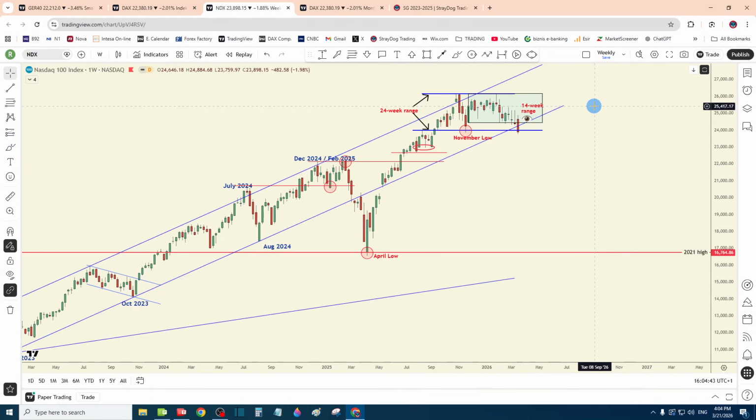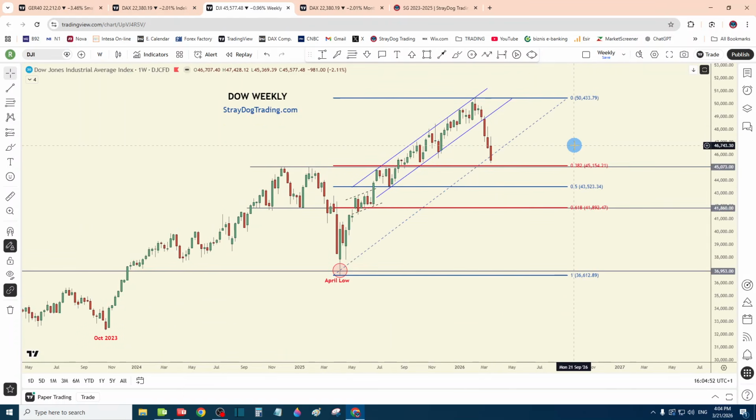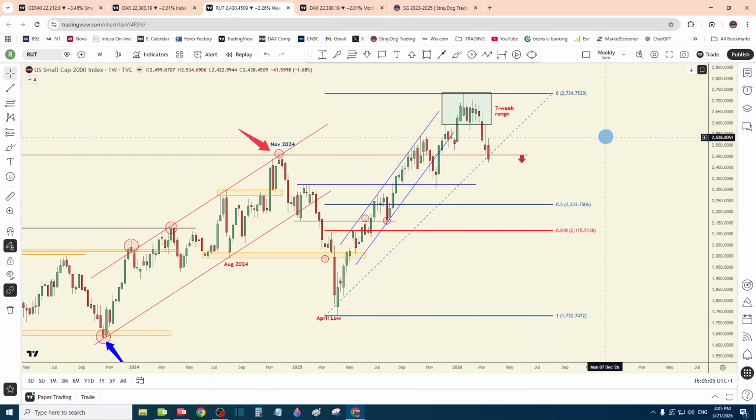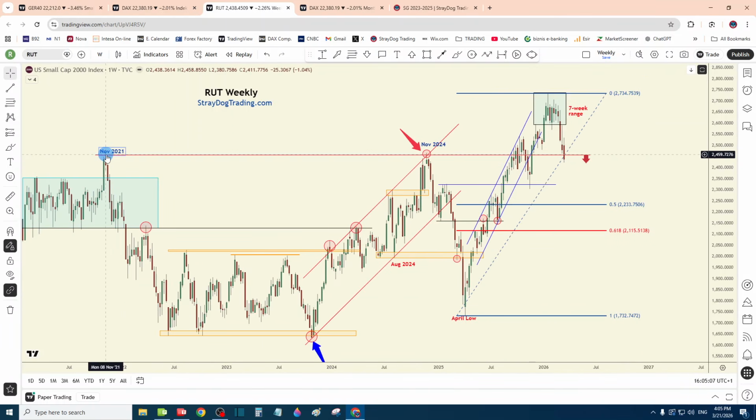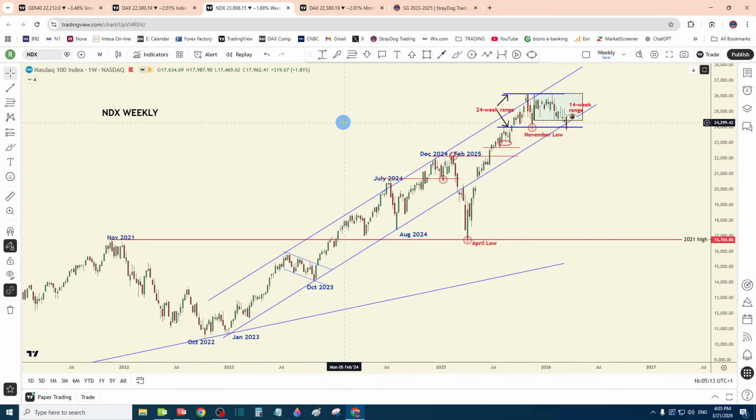The one that is still holding is Nasdaq, which only this week took the November low, while the one that I told you 2 weeks ago and 1 week ago that I fully expect to go to this double top is Dow Jones, and Dow Jones could easily have 48, 48.2 fib retrace from the April low. This is Russell, which is now below the November 2021 and November 2024 low and closed below. So all of these markets do have some